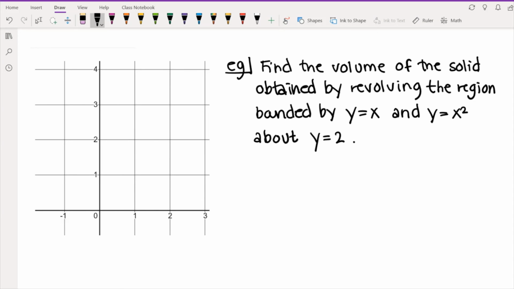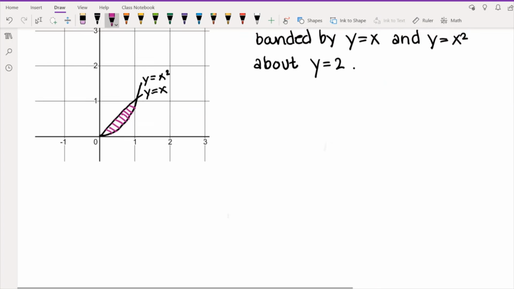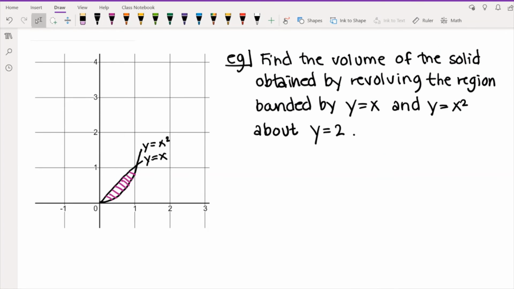Okay, so let's sketch our region in here again. So again, that was this, we have y is equal to x looking like this. So this is y is equal to x. And then we had y is equal to x squared looking like this. And so this is the region that we're looking at, this little sliver. And this time we're taking this region and we're going to revolve it around the line y